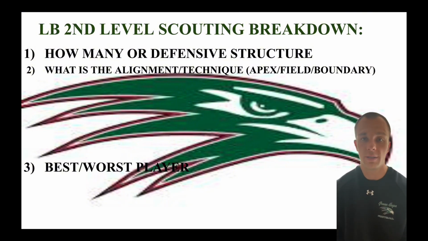And then another one is the best and worst player. Once again, you're going to hear us say that because sometimes you don't have the Jimmys and Joes of just outmatching people at each level. But for a linebacker, are they hiding somebody? Is it going to be at the middle? We've had teams that put all their speed to the outside to stop teams that they've been facing, and they had a middle linebacker.